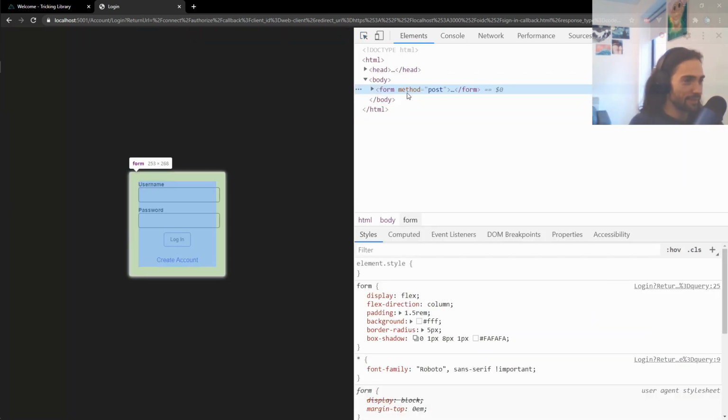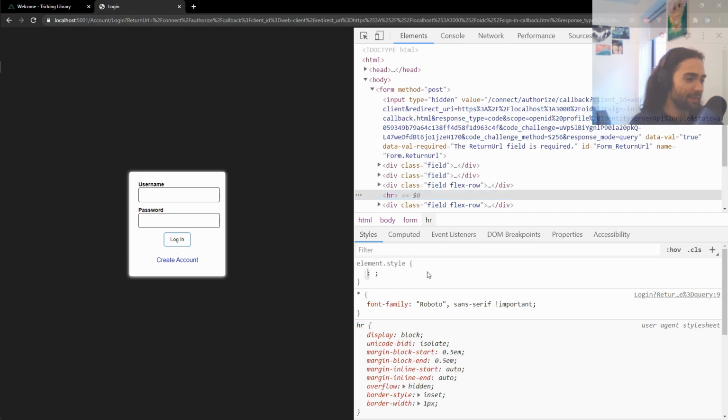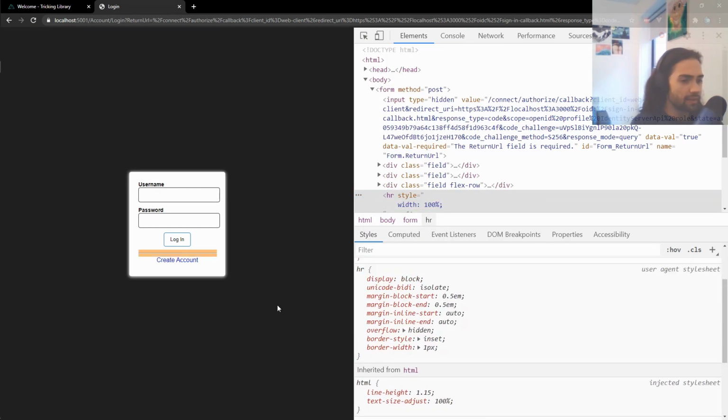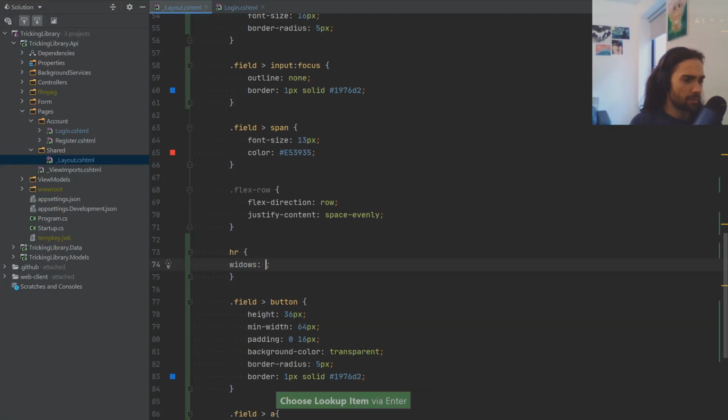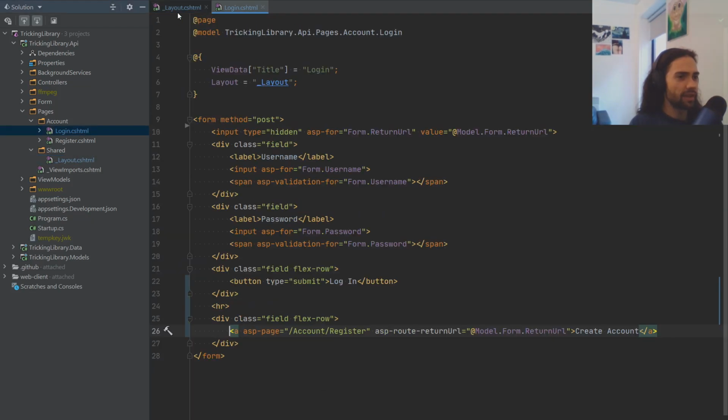Let's go find this little dot. Where is it? There we go. So width 100%, and yeah, I think that was it. Yeah, I can't remember. I did something with colors there, but that doesn't really matter at this point. So with 100%. One thing that I also wanted to do, because I removed the title on the